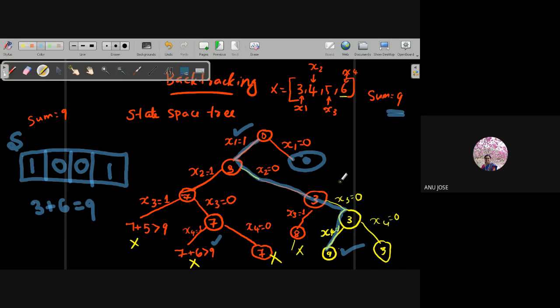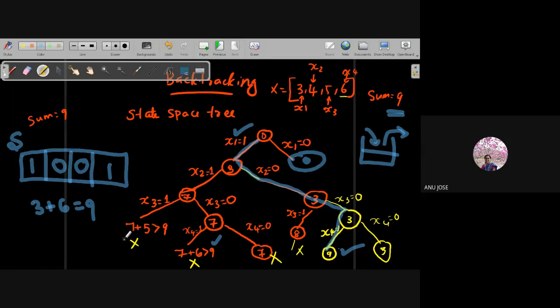Now we will see about the implementation of the same. Here, one easiest method I followed is that you can use a stack and keep the elements in the stack. If the path we are selecting is chosen, the element is put into the stack, and every time we check the content of the stack, whether it gives the answer as 9 or not. If it is not giving the answer as 9, I pop the element out of it. In that way, I tried to solve this problem and I felt it is quite easy.